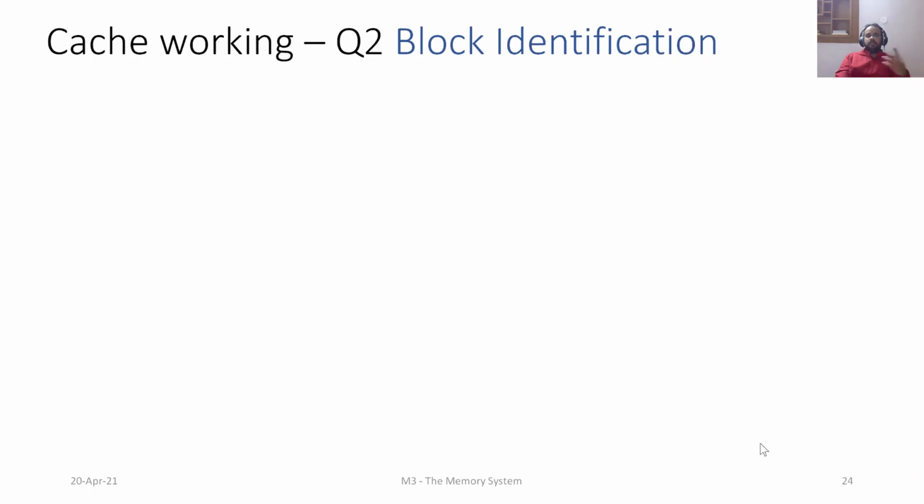Now let's move on and look at the second question. Let's assume that some data is already stored in the cache, and I got a request to the cache saying give me the data of location, let's say, 1000h. 1000h is the address for us. Now all we have is an address, and with that address we need to identify whether there is a block in the cache with this particular address 1000h, and if it is there we call that a hit. If it is not there, then it's a miss.